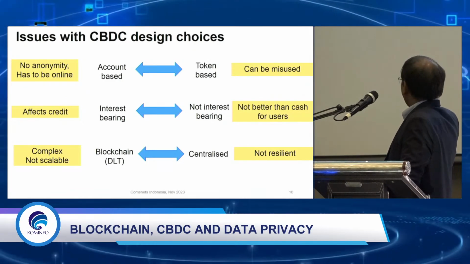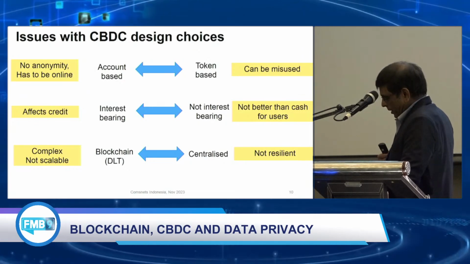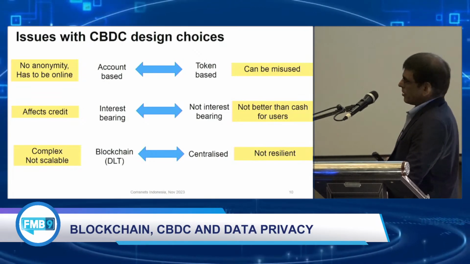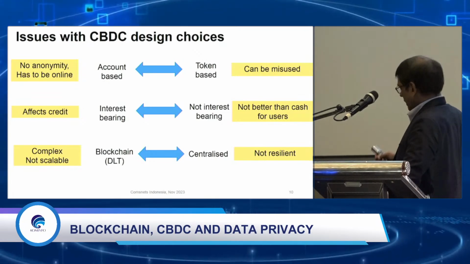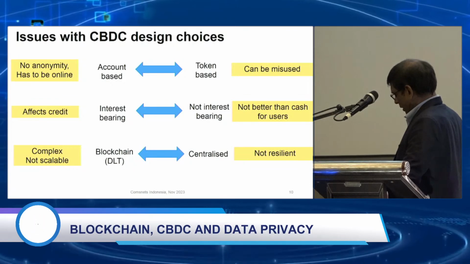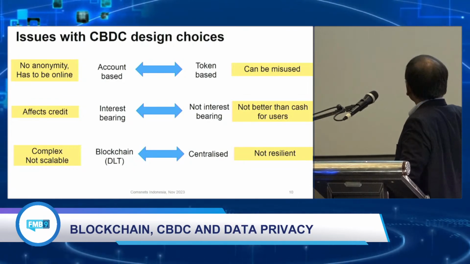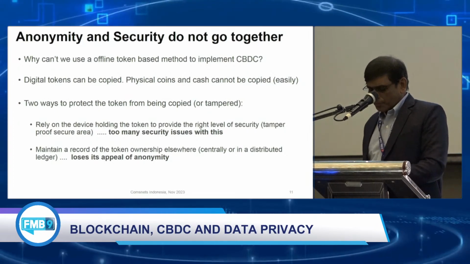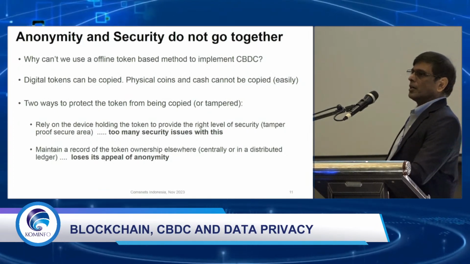So most central banks are thinking about a solution that lies somewhere in the middle. I'm told that in Indonesia, they're thinking about the wholesale being blockchain-based and the retail being centralized. And India is mostly centralized right now, though they're keeping the option to introduce blockchain, again, for the wholesale transactions later.